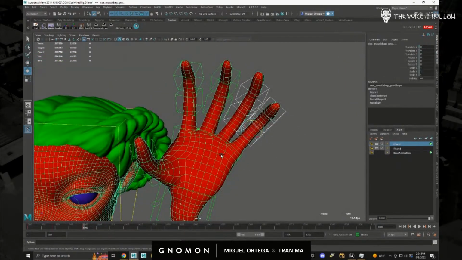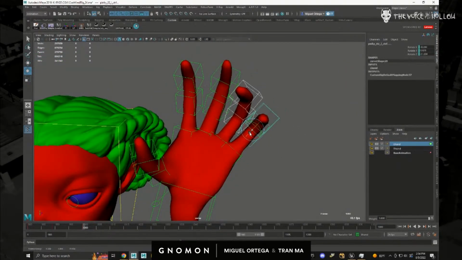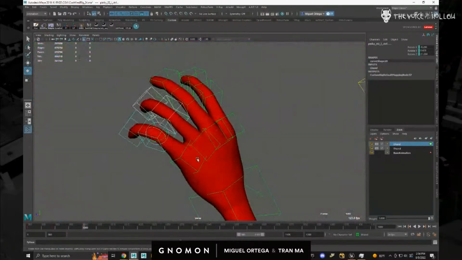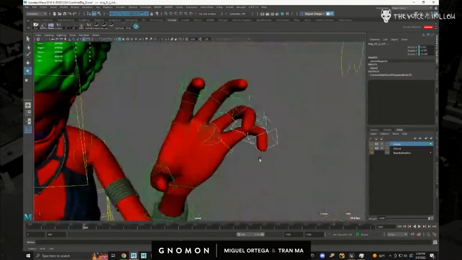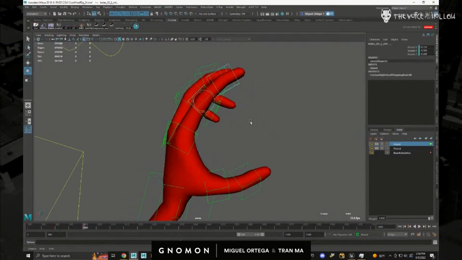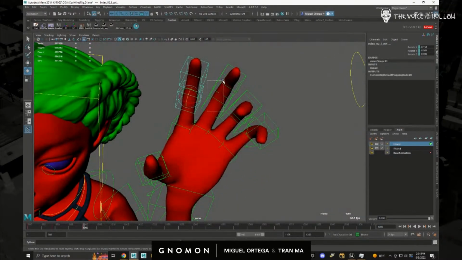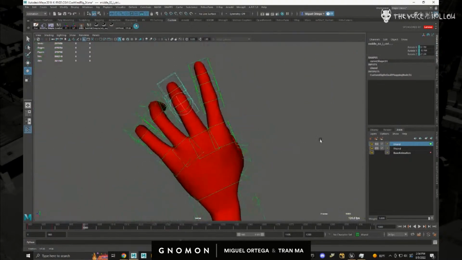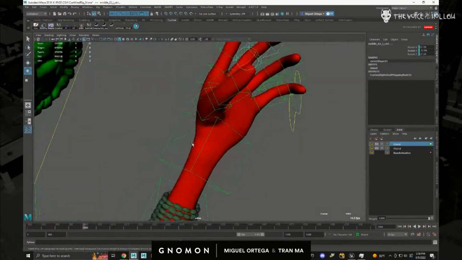I'll also just select these guys and just kind of make the pose a little bit more interesting. Maybe grab these guys here, pull them out. Grab these guys here. So it's still the same, but